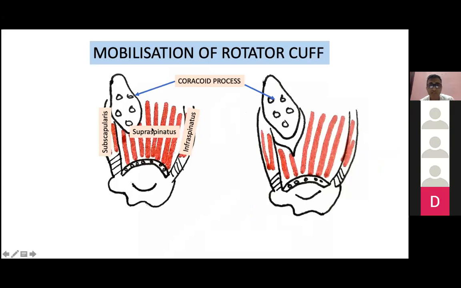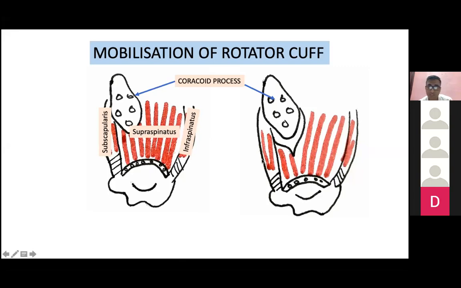So how to mobilize the rotator cuff when it's torn and retracted way towards the coracoid process? So this is the torn rotator cuff muscles, and there is a fascial attachment on the superficial aspect of the rotator cuff all the way up to the base of the coracoid process via the coracohumeral ligament. And when this fascia is incised here, then we can pull this rotator cuff for mobilization so that we can take it closer to the greater tuberosity for reattachment of the torn